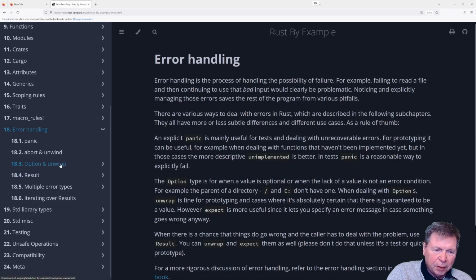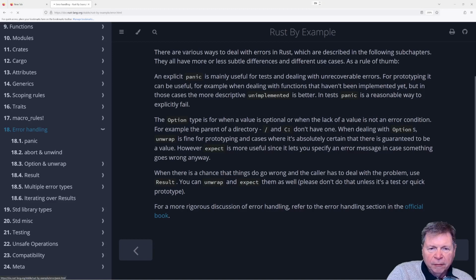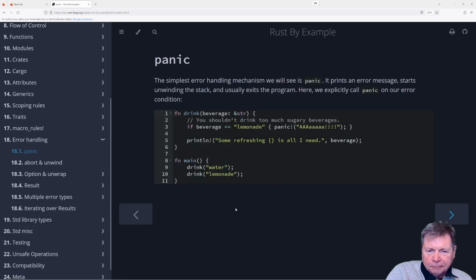I'm not sure what option unwrap is. I don't think we've bumped into option yet. For variables that are optional, the lack of a value is not an error condition. Expect is more useful. Okay, result we've dealt with. Multiple error types, well, we'll see. Okay, moving on.